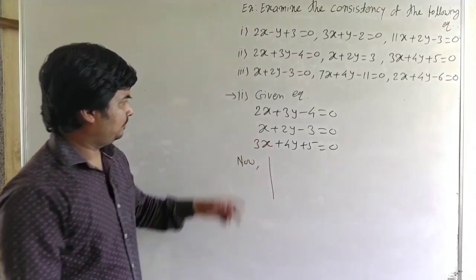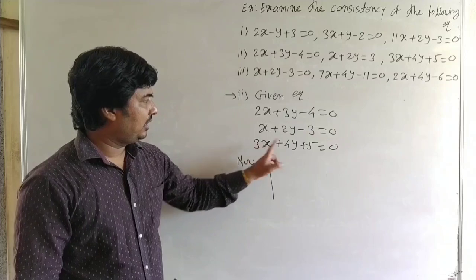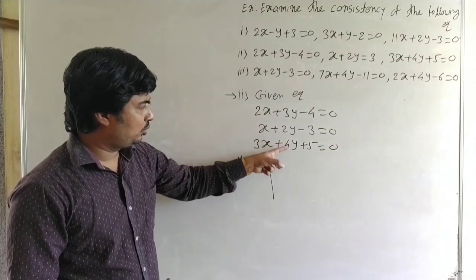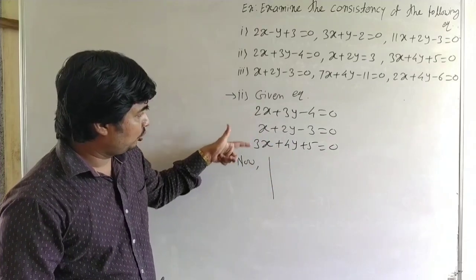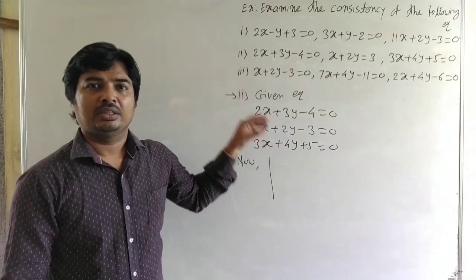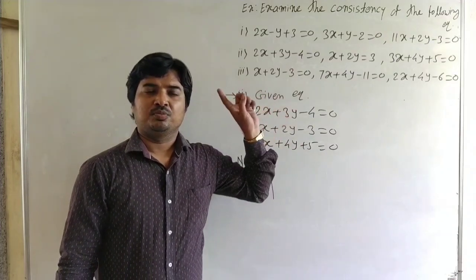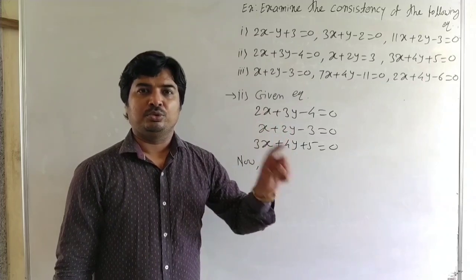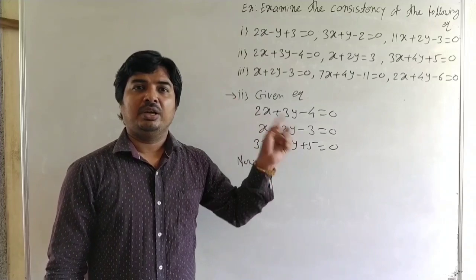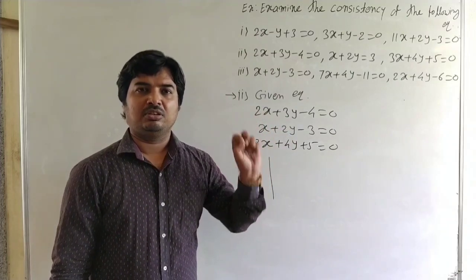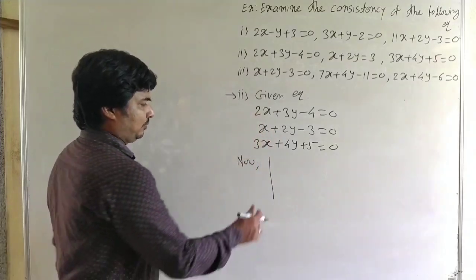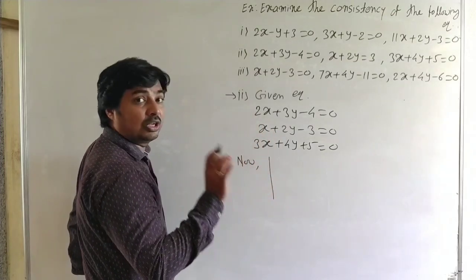Okay, first we check a1, b1, a2, b2 and a3, b3. It is 2 by 1 and it is 3 by 2. Okay, not equal. 1 by 3, 2 by 4. Okay, not equal. Or 2 by 3 and it is 3 by 4 are also not equal. Check the coefficients of x and y. That means our provided condition, it is the determinant of a1, b1, a2, b2 not equal to 0 first, and then check this determinant, or determinant a1, b1, a3, b3, or determinant of a2, b2, a3, b3. Okay, here the coefficients of x and y. That means whether the lines are parallel or not, we can check first.